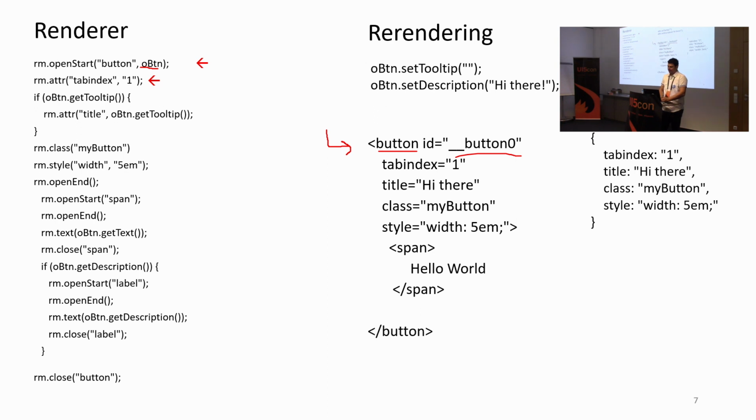And the tab index, we just check what the tab index was. Oh, we know that the tab index was exactly the same, so we don't have to update the DOM now. Okay? So the update is happening actually while your renderers are executing. And then the tooltip, now the tooltip was empty. You see on the right top. We passed that one. And classes we just put into our own internal buffer, and because we